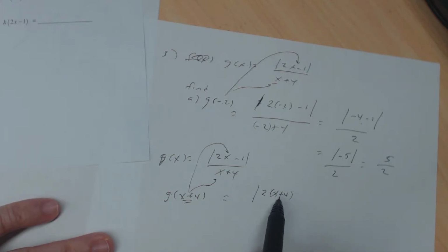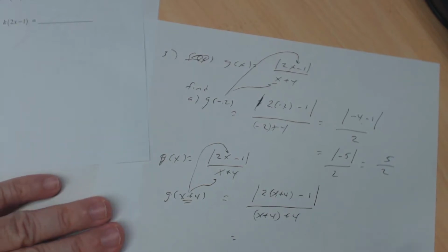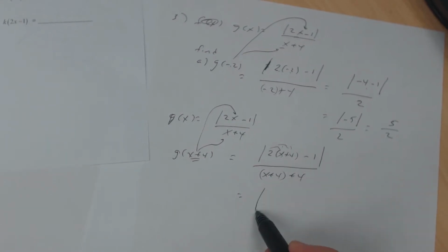2x, so 2x plus 4. 2 times x plus 4. And then minus 1, absolute value, divided by, this is x, so that becomes x plus 4, and then plus 4. So the numerator, this is a little bit more challenging, so you got to be careful. So the numerator, you're going to distribute now, so that becomes absolute value of 2x plus 8 minus 1 over,